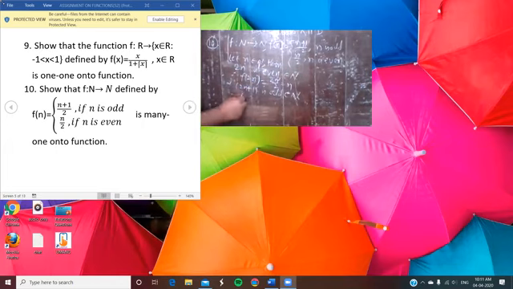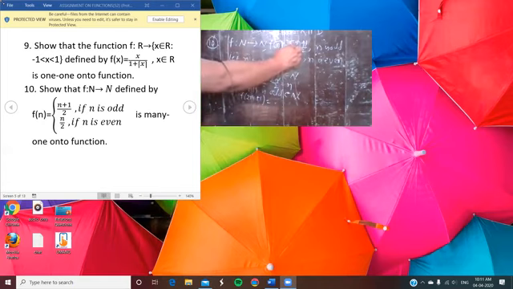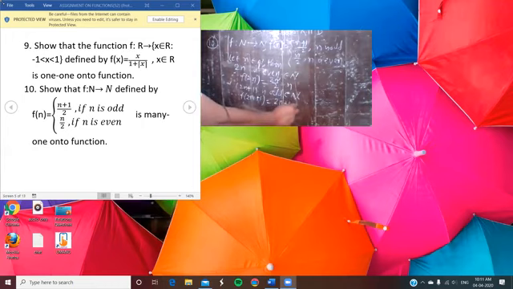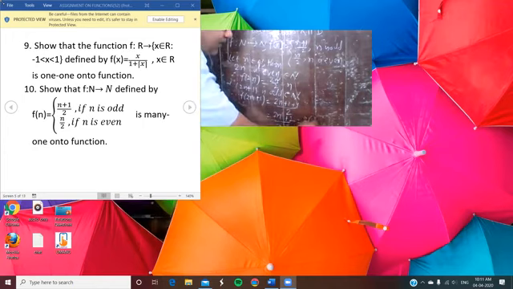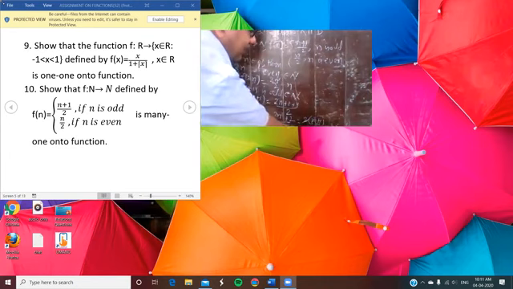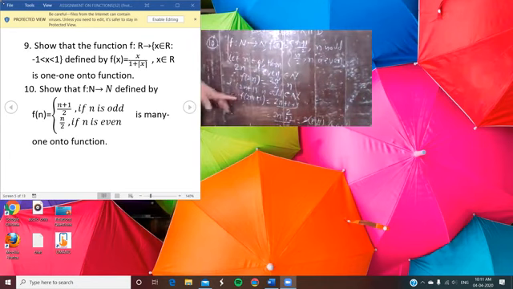So you have f(2n plus 1). You put that value 2n plus 1 as the function is defined. So you can write (2n plus 1 plus 1) divided by 2. So 2n plus 2 divided by 2, taking 2 common, 2(n plus 1) by 2. So that cancels out, and finally you have n plus 1. Here you see that for each element, 2n plus 1 is written here, (2n plus 1) by 2.